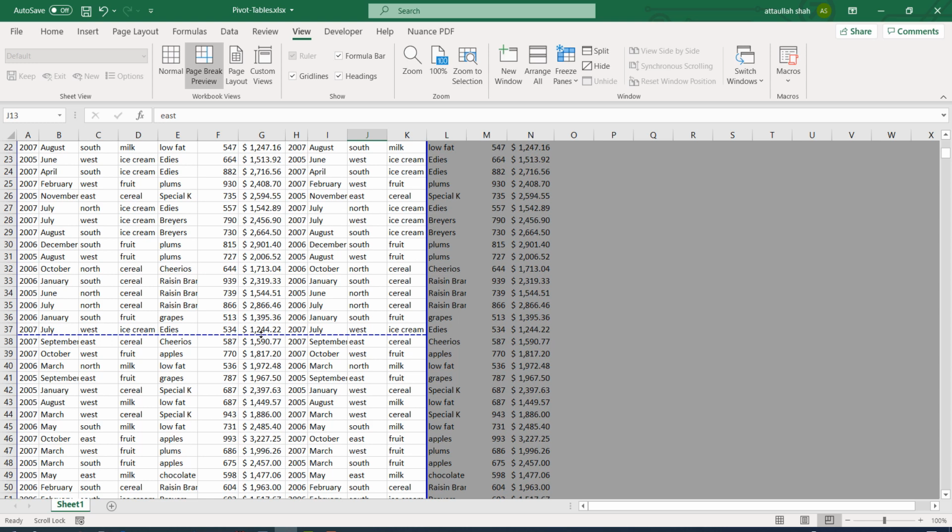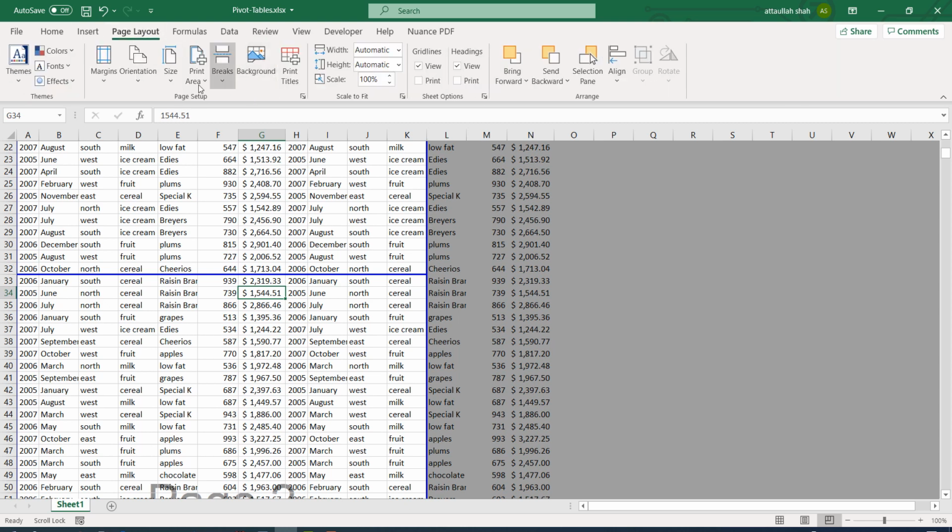So if I move this line upward, it becomes a dark line. So a dark line means that we have modified it and we have changed the default setting. If you want to go back to the default setting, we again have the option of clear print area.